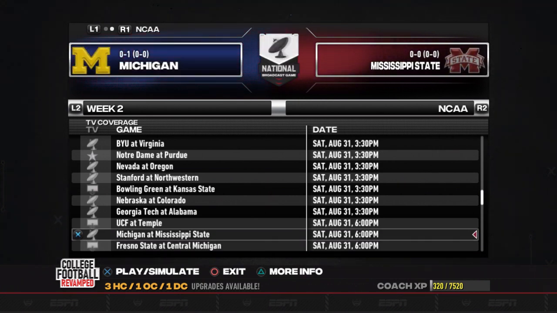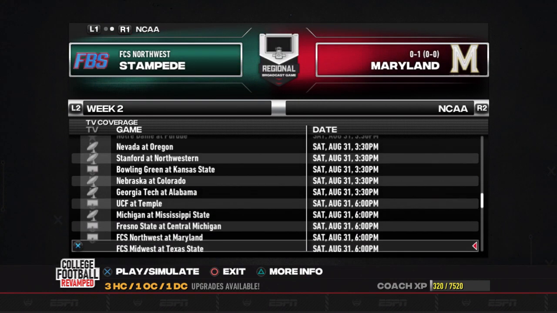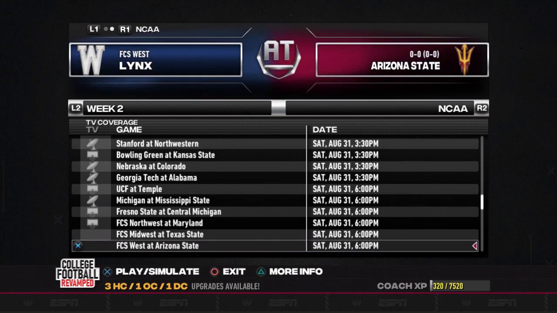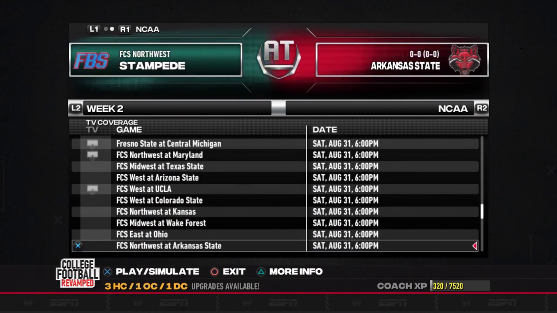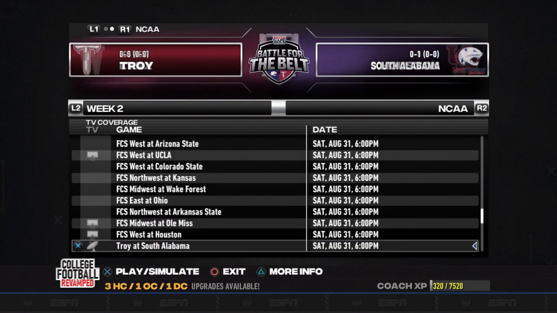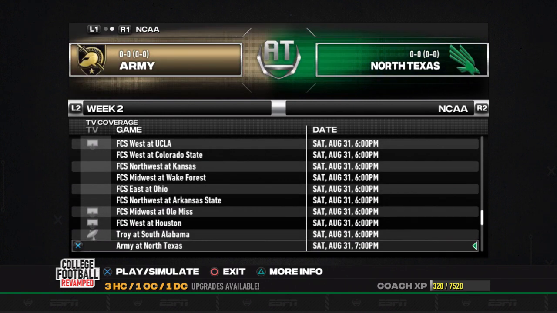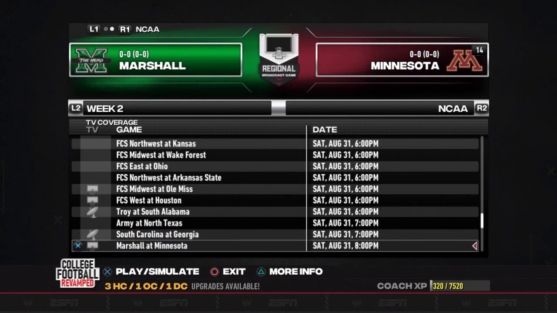Michigan, so we do have a handful. So it looks like we have our 4 or 5 games that we're going to play in week 2. It is as expected, more cupcake games. Army plays North Texas again. Surprisingly, that's funny. They beat them in week 1 of the sim last week.